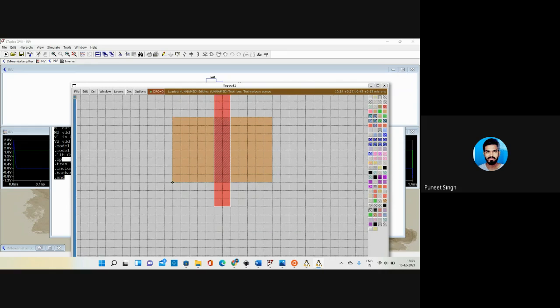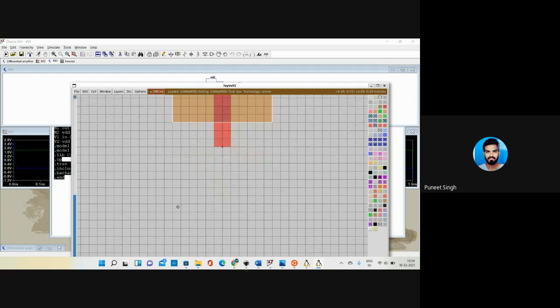Okay, now this is the PMOS created here. This is the source, and this is the drain. Now I have to create the NMOS. So NMOS is the half of PMOS. I just select the 4 boxes, and I just